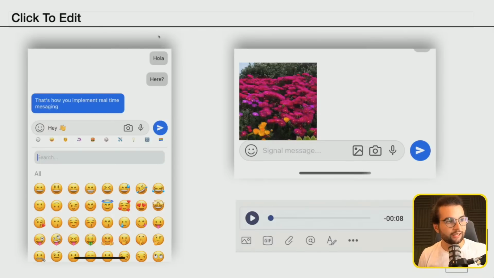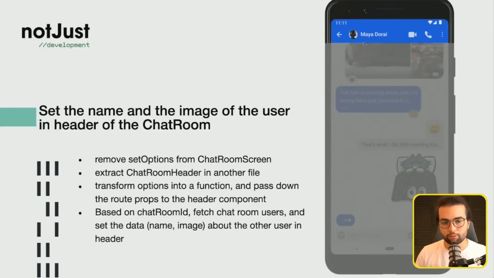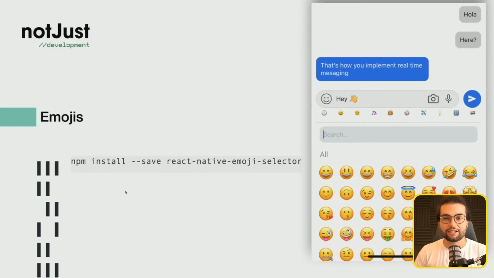And if you just joined, you didn't miss anything, because we were cleaning the project a bit from the previous time, and we finished one feature, which was the header here with the name and the image of a person. So right now we are actually starting to work on our features, and we're gonna start with emojis. So for this I'm gonna use the